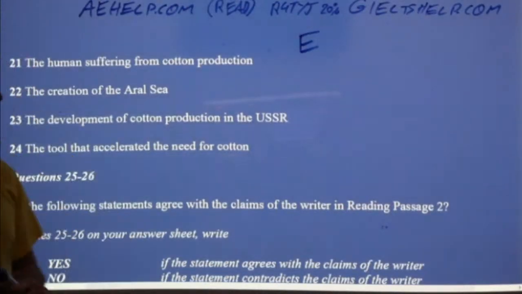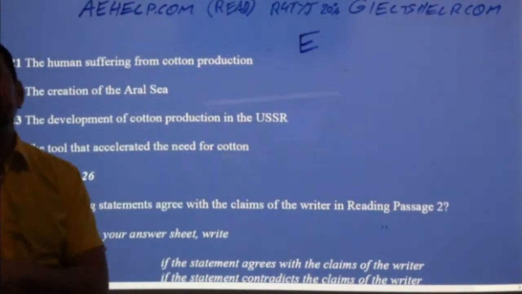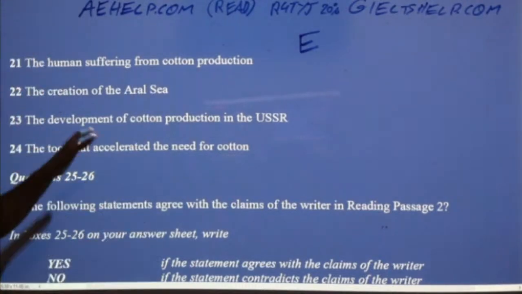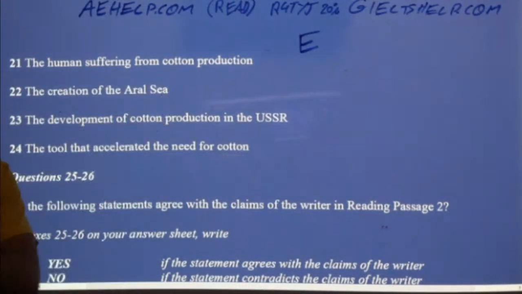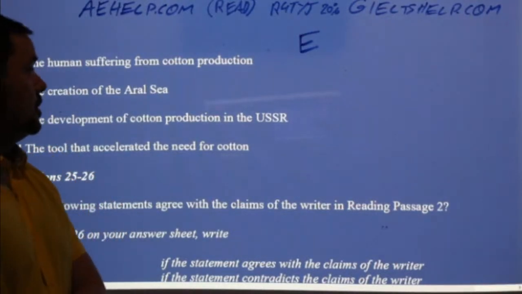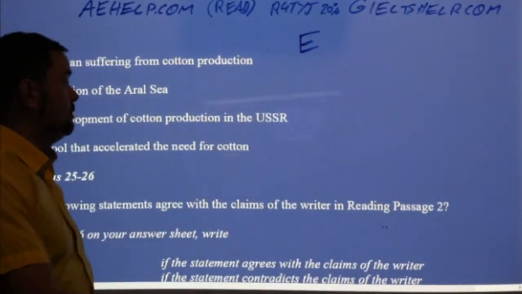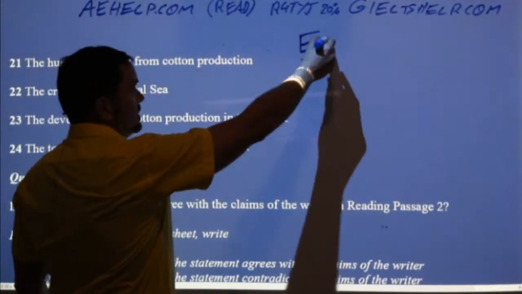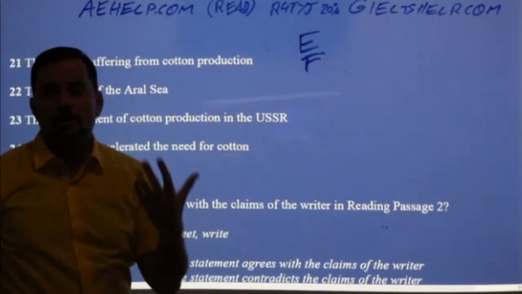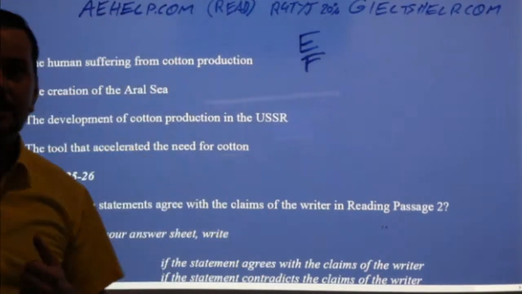All right, and then the next one, human suffering from cotton production. That should be easy now. Which paragraph had the human suffering from cotton production? We clearly know that one now. The lake dries up in E, and then, of course, Rajveer, very good, Pooja, F. After the lake dries up, it talks about the suffering of humans from cotton production. No more fishing. People are getting sick from the chemical dust. A lot of you got that one.